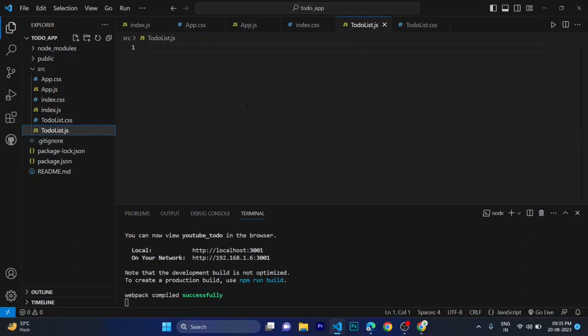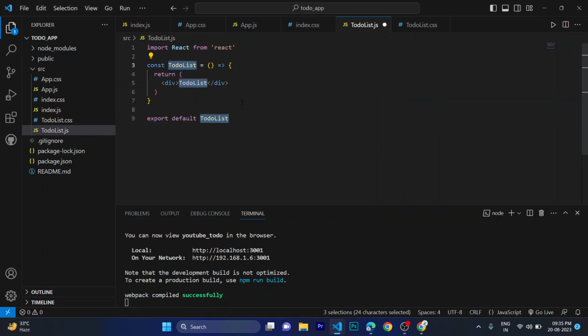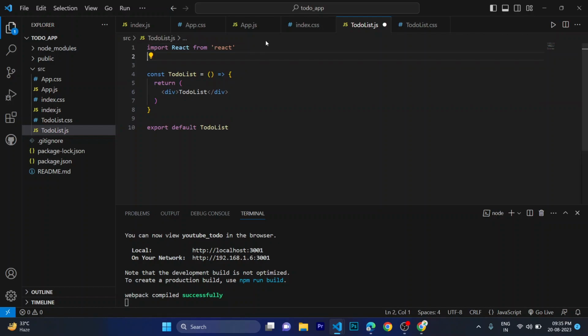Now I'm creating a React arrow function component export. Just press tab and here the to-do list is coming. Now we have to import the CSS part also so that we don't forget the CSS part. So let's see, we are adding to-do list,